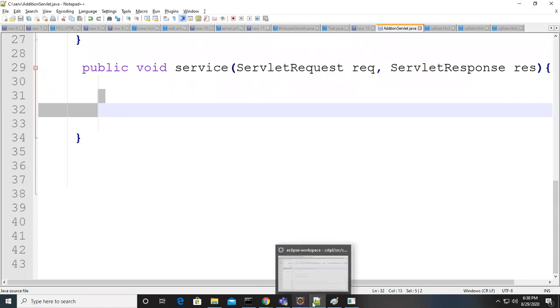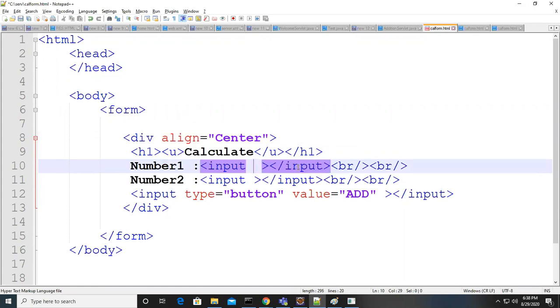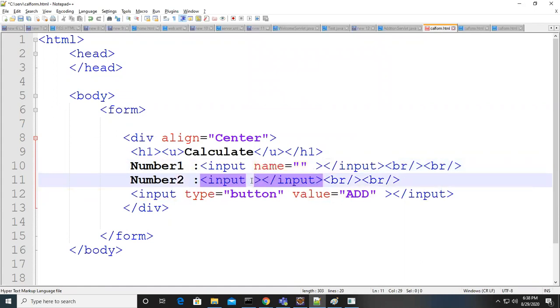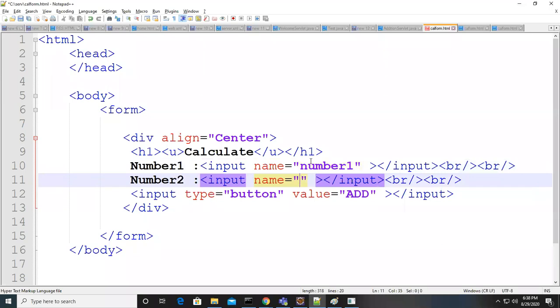Quickly, go to the HTML file, cal form. We have input tags, right? So let's name the input tags. Name is an attribute, so I am giving another attribute, name equal to number 1. I'm just giving my own names; you can give whatever name you like.